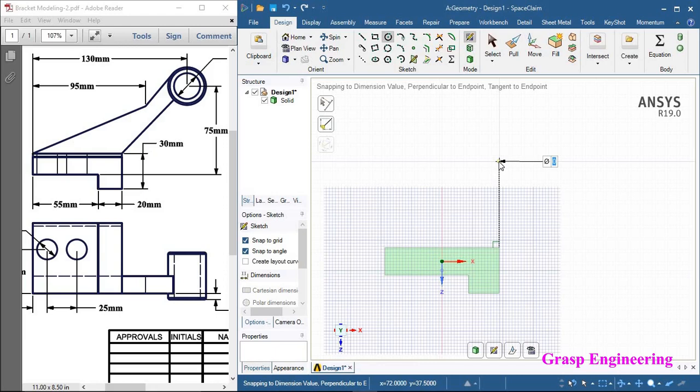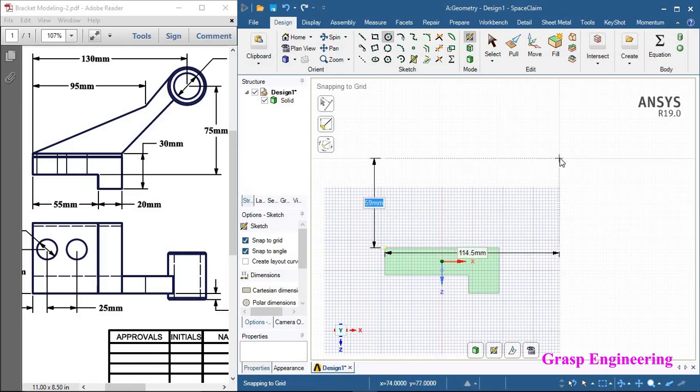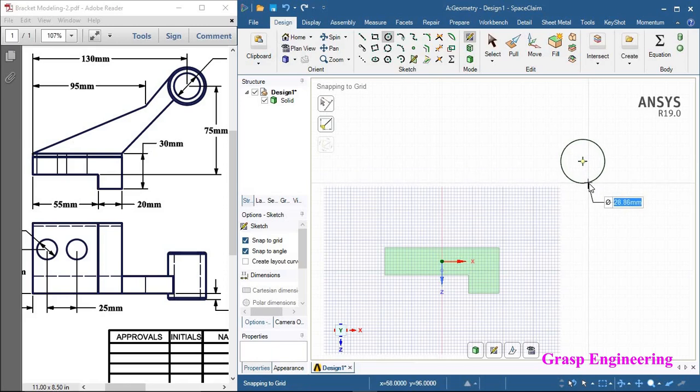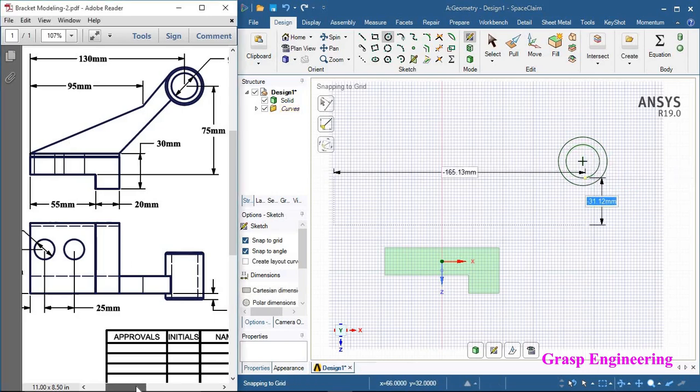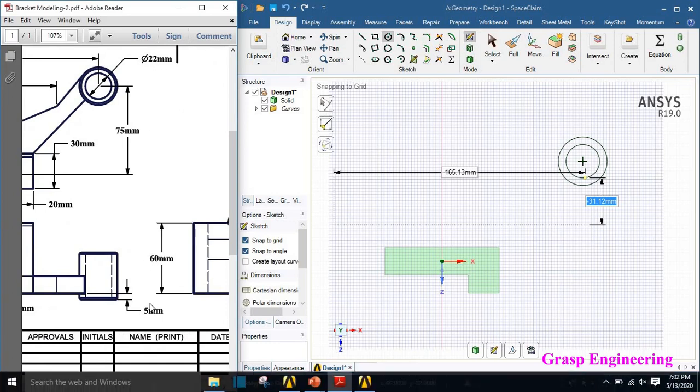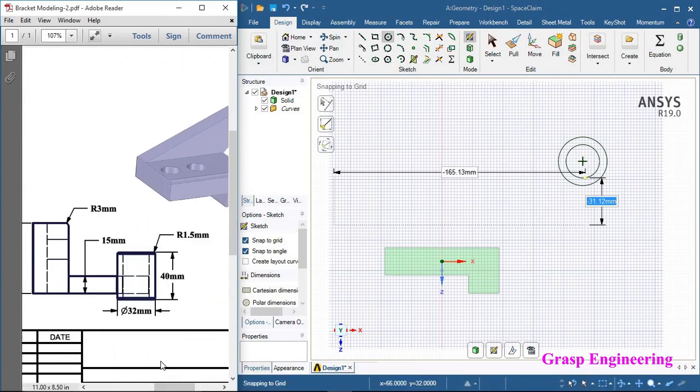Okay, and then let's do further. Control Z. Cartesian, select this reference. Let's try with first 75 minus 18, then you can tab, and then here you can keep 130, enter. Right, this is our reference point. First one we will create a circle of 32 diameter, and then next one we will create a circle of 22. So you can see here, this is nothing but 22, and in the side view, here it is 32.